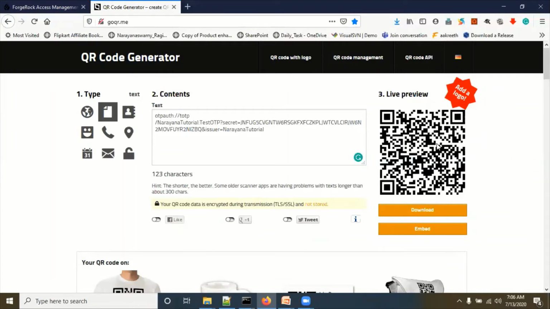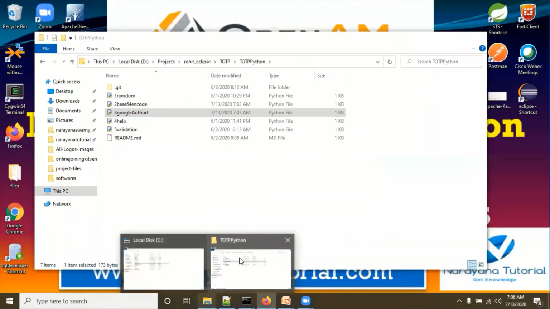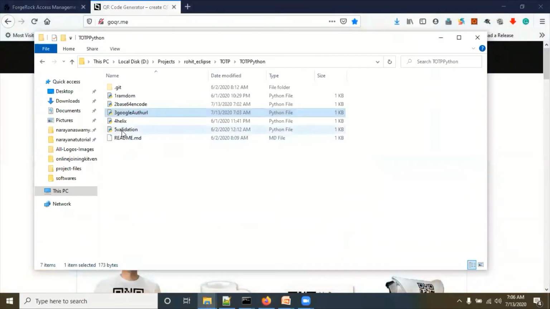So this is the QR code generation. Internally it is generating TOTP in the Google Authenticator mobile app. In the same way, we have Python validation internally, which will generate the TOTP on a time basis.